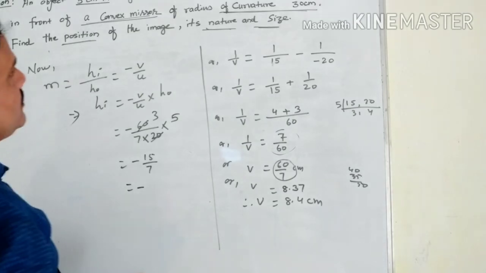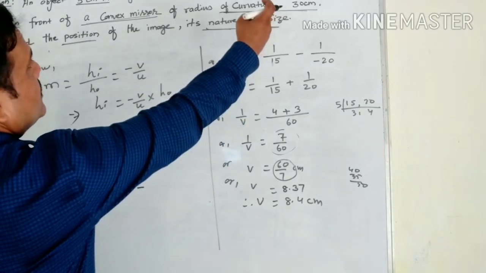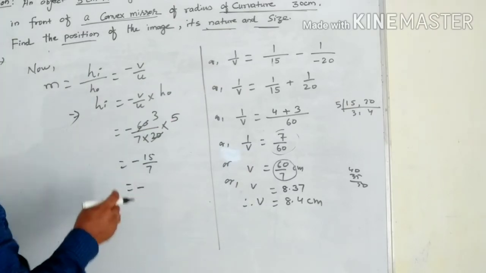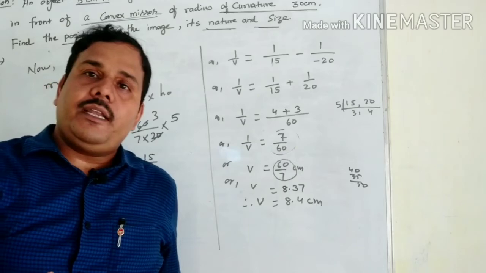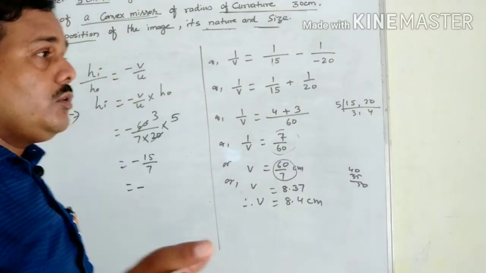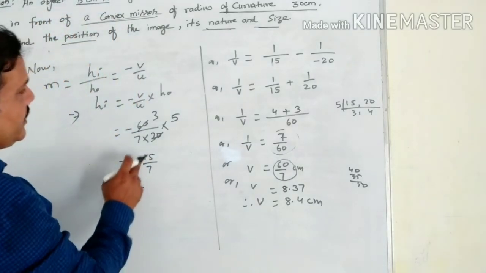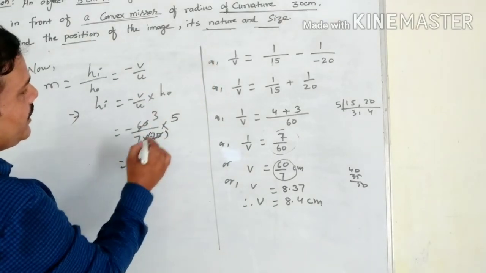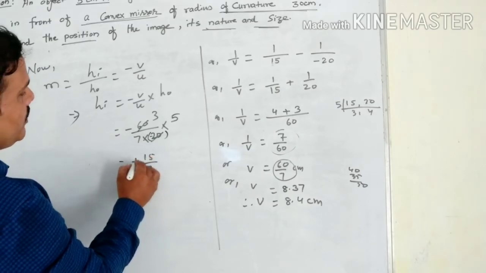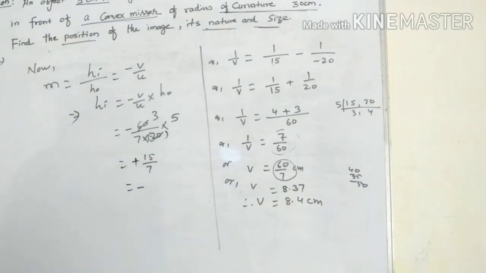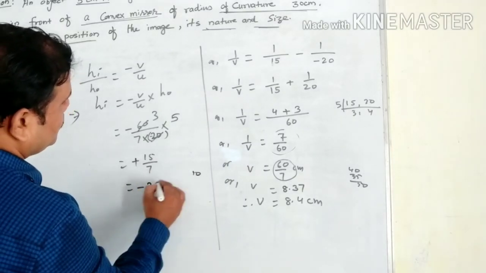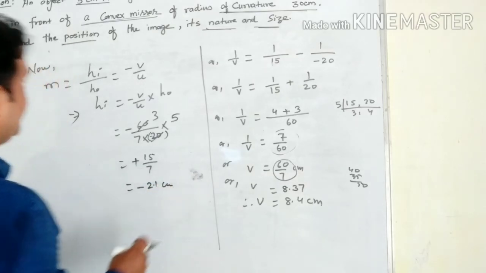So its value will be negative. Actually here, if you are getting a negative value, it means you are doing something wrong, so don't do that. That's why I did not put the sign here. You write the sign here. Then in that case only it will be correct. So it will be positive, and its value will be about 2.1, 15 by 7, 2.1 centimeter you can write here.